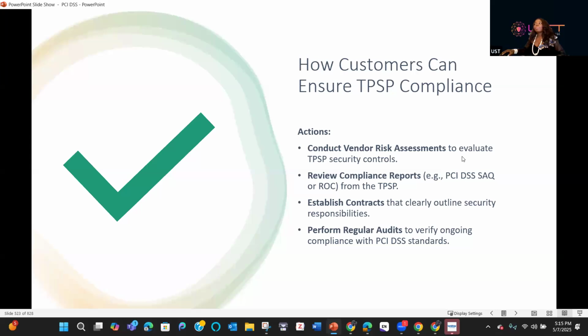We have said so much about third-party vendors. Conduct a vendor risk assessment to evaluate that your third-party service provider controls are operational and effective. This is an area where you can't really work as a third-party vendor risk analyst without understanding all these other core regulatory frameworks. What if you work in an organization where some of your vendors are sending you a PCI DSS certification, SOC 2 certification, or another certification? What do you do from there? That's why it's important to have a core background or knowledge of all these other core regulatory frameworks before you can even think of working as a third-party vendor risk analyst.